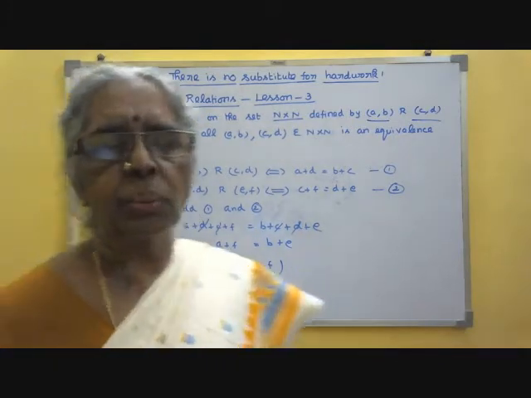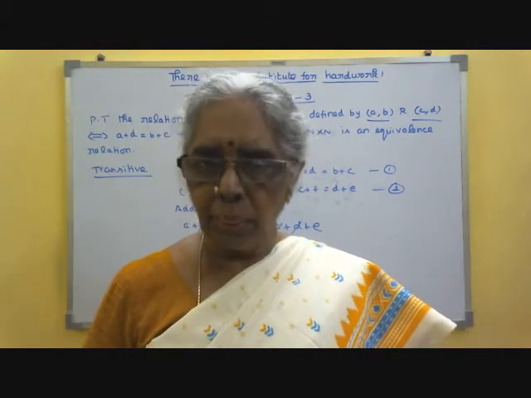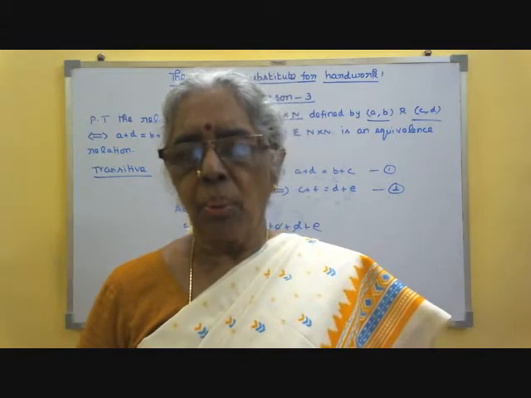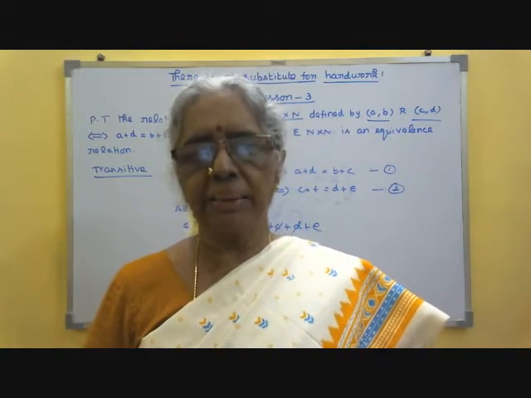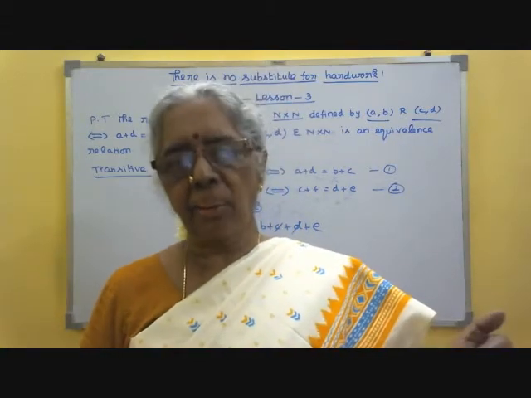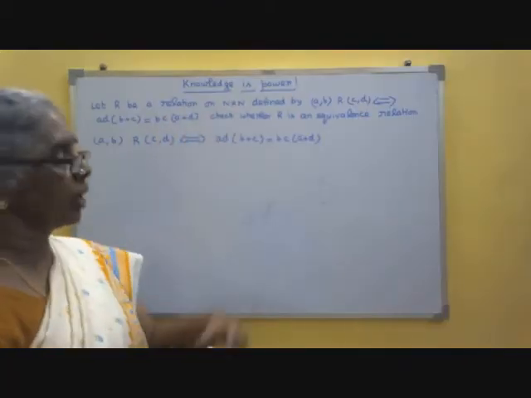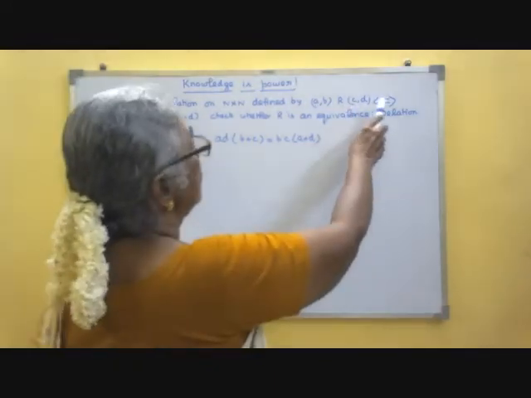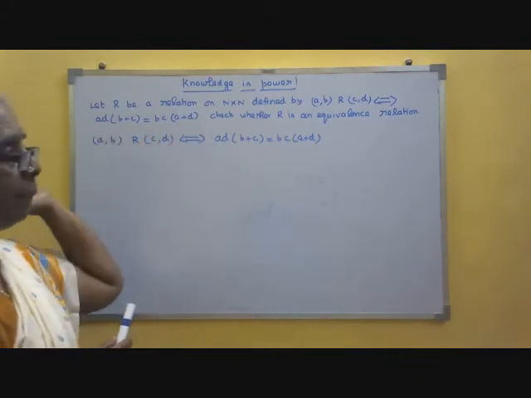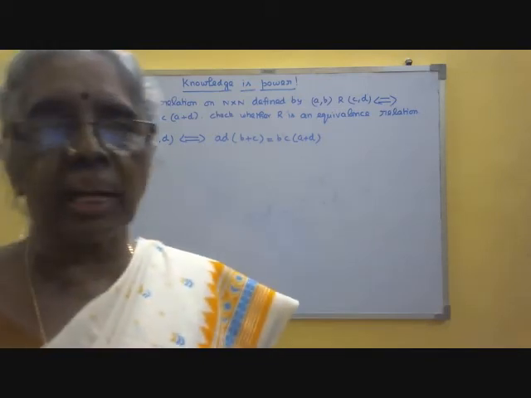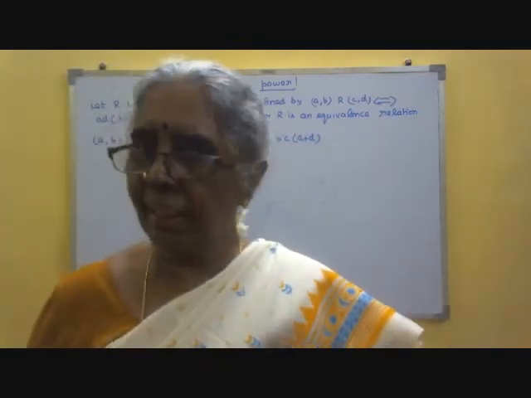Since R is reflexive, R is symmetric and R is transitive, R is an equivalence relation. Do you understand this sum? So, in an ordered pair element, now you have learned how to write the steps and how to prove it is reflexive, it is symmetric and it is transitive. Let us see one more example sum, right? R is a relation on N cross N defined by (A, B) related to (C, D) if and only if AD into (B plus C) is equal to BC into (A plus D). We have to check whether R is an equivalence relation. Let us write the relation first, okay?